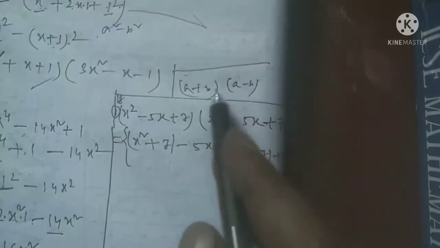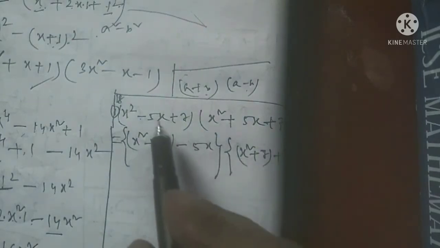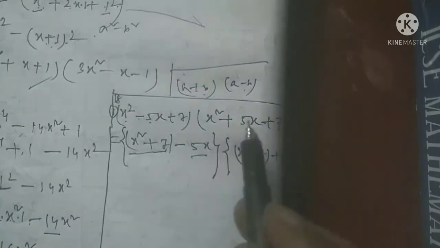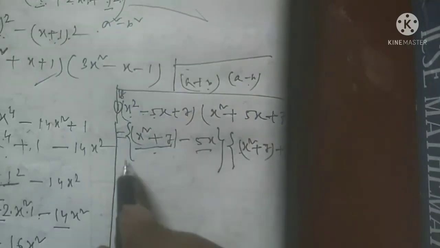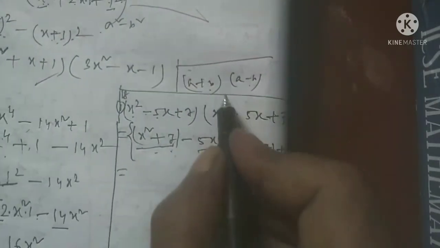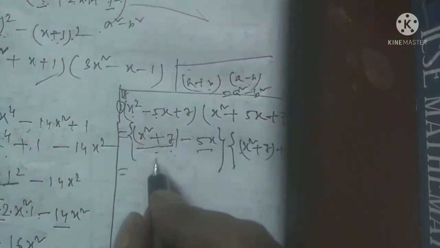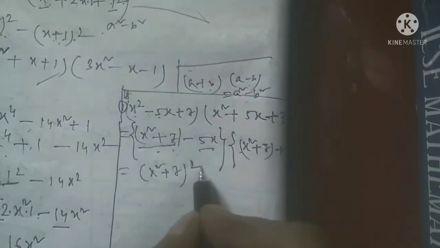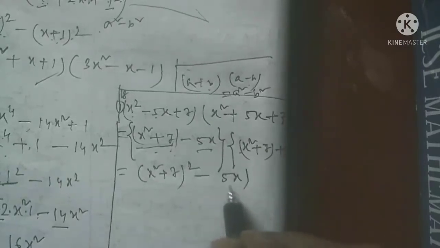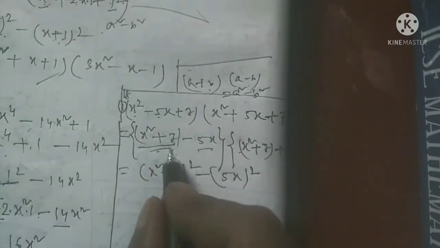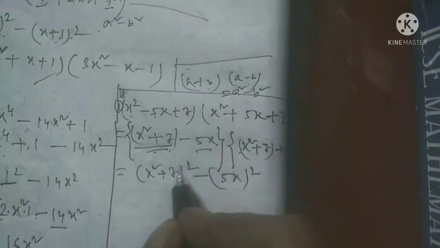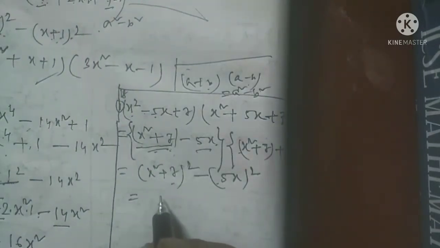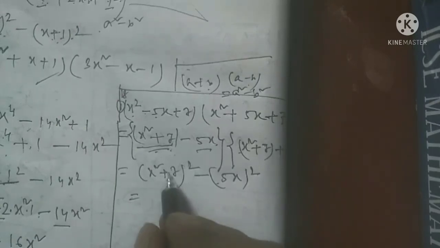তোমাদেরকে a plus b আর a minus b ফর্মে লিখতে হবে। তো কিভাবে লিখবো, যে x স্কয়ার প্লাস 7টাকে আমরা পুরোপুরি এক জায়গায় করে নিলাম আর মাইনাস 5x টাকে আরেক জায়গায় b হিসেবে ধরে নিলাম। তাহলে এখানে a ধরবো a plus b। তো a plus b into a minus b এর ফর্মুলা কি, এটা হচ্ছে a স্কয়ার মাইনাস b স্কয়ার।